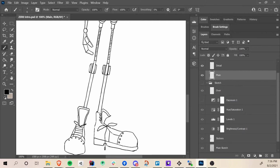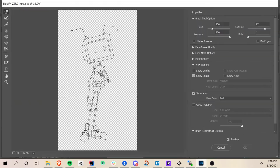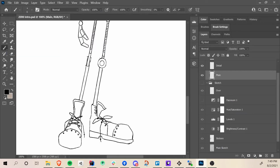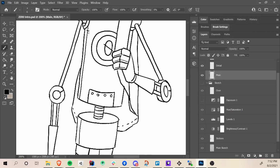And I started to think about what it is that I do feel a little bit more comfortable with, and I thought about robots. It's funny because I don't really think of myself as a huge fan of robots in general, but looking back at some of the art that I've made, not everything I've posted, a lot of times I have drawn robots actually, and I think it's fun. And so I thought,